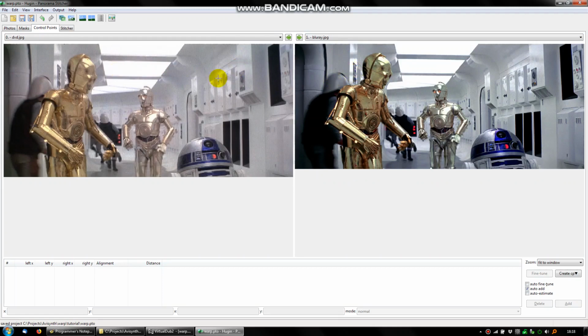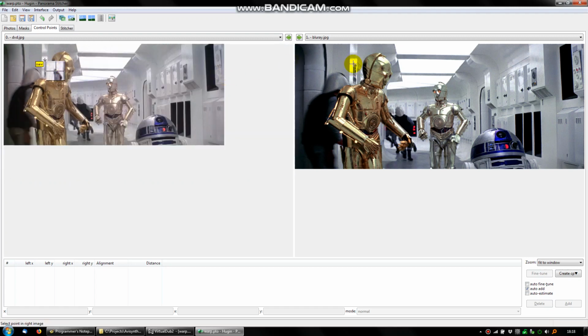which it's scaled down to fit, obviously. And what we need to do is specify some control points to tell Warp which parts of the image need to be moved to which positions. The easiest thing to start off with is points near the corners of the image, because they'll have the greatest effect. There's not a lot of detail in this top left corner, so we'll go for the corner of this box here,